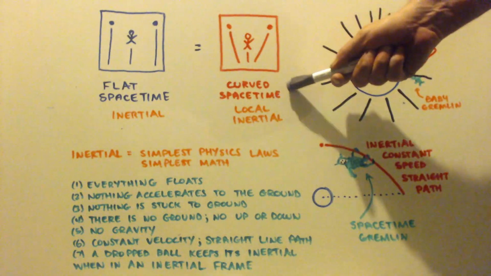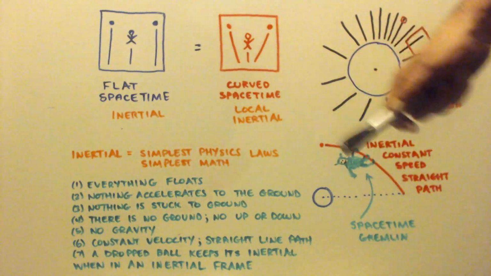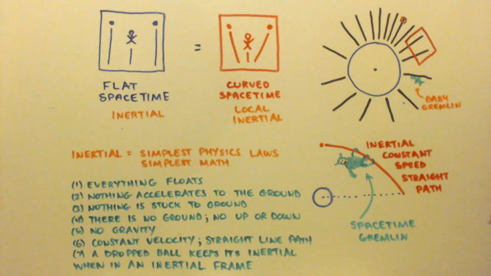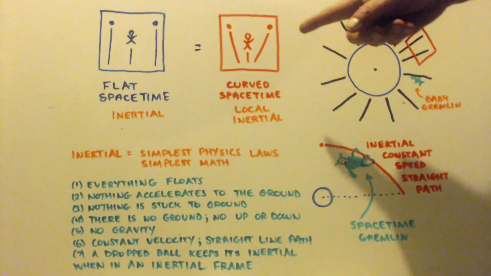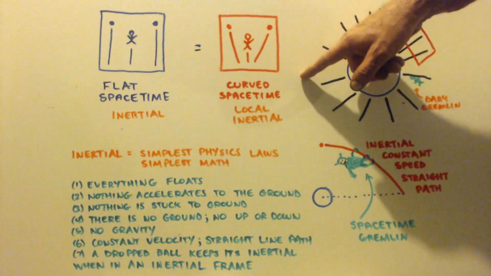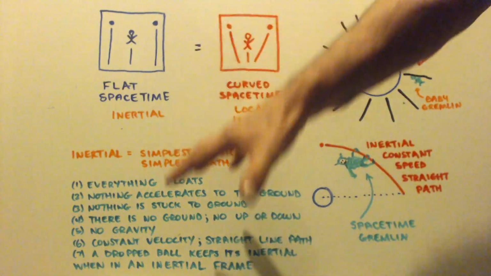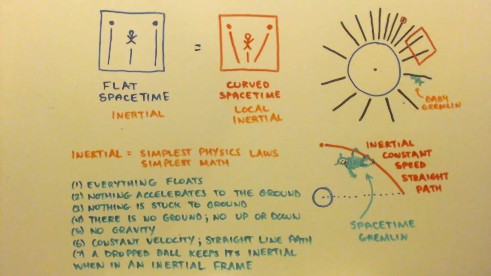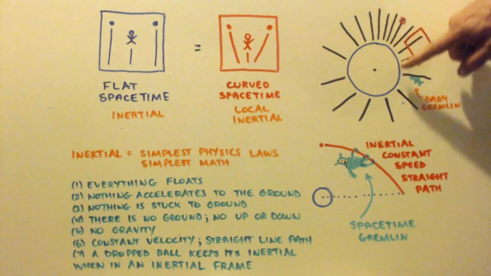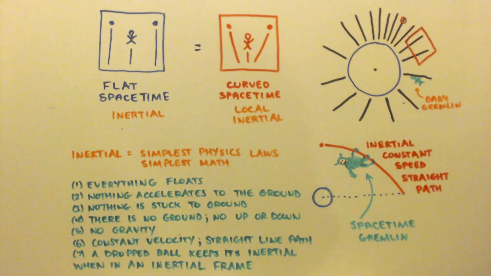So when they say in curved space-time, they don't mean in curved space-time on planet Earth, right? Because there, you drop a ball and everything accelerates, right? They are talking about curved space-time being in a gravitational field as a free-falling object, okay? That's a local inertial frame, not down here on Earth, okay?